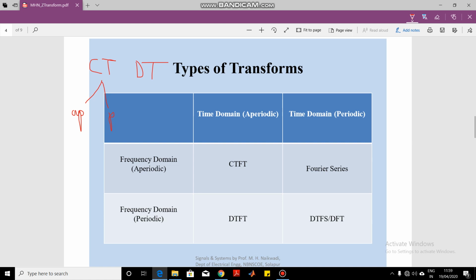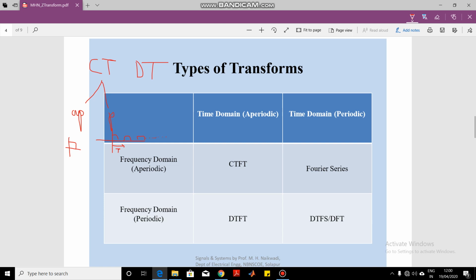What is meant by an aperiodic signal? An aperiodic signal is a signal which does not repeat itself. If you have a waveform like this, just a square pulse, and the signal is not repeating anywhere, then this is an aperiodic signal. But if you have a square pulse, then again a square pulse, and in this way the square pulse continues up to infinity, then this is a periodic signal, because this part of the wave is constantly repeating after a fixed interval of time. So this is called the time period. After a fixed amount of time T, this portion of the signal is continuously repeating itself.